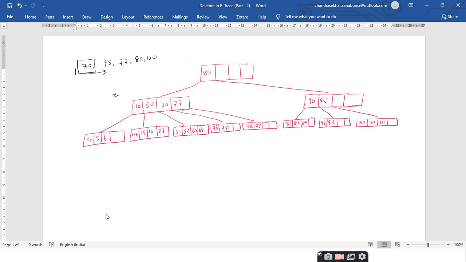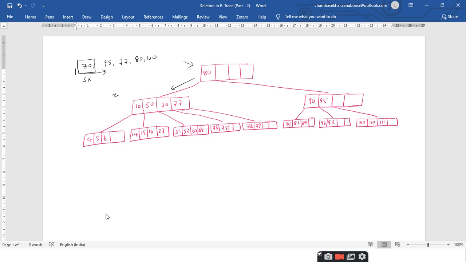So go on searching, comparing the search key 70 with the first key of the root node. As I told you, the search operation always starts with the root node only, right? So 70 is compared with 80, and since 70 is less than 80, you have to take this path. And again you start comparing the search key with the first key.